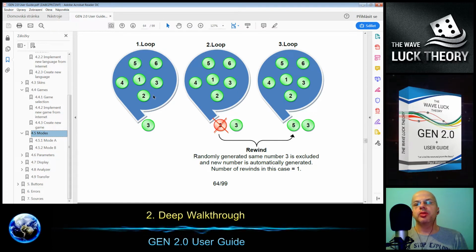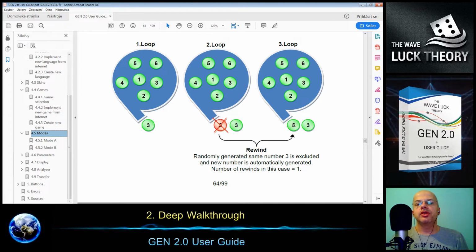And what can happen is that during the second loop, to randomly generate the second number, we can randomly select number 3 again, but it does not correspond to the real lottery, and the generator is able to recognize it, and it will exclude the number and make a rewind and draw the second number again.